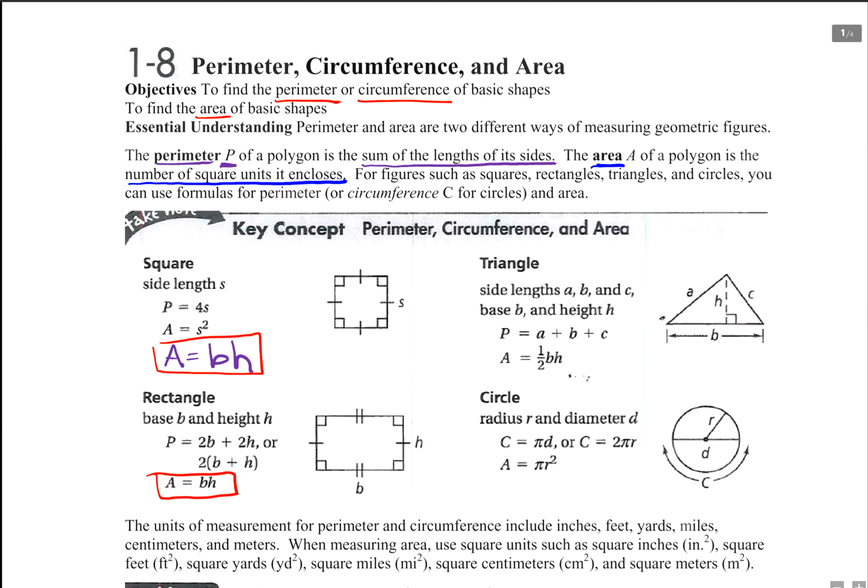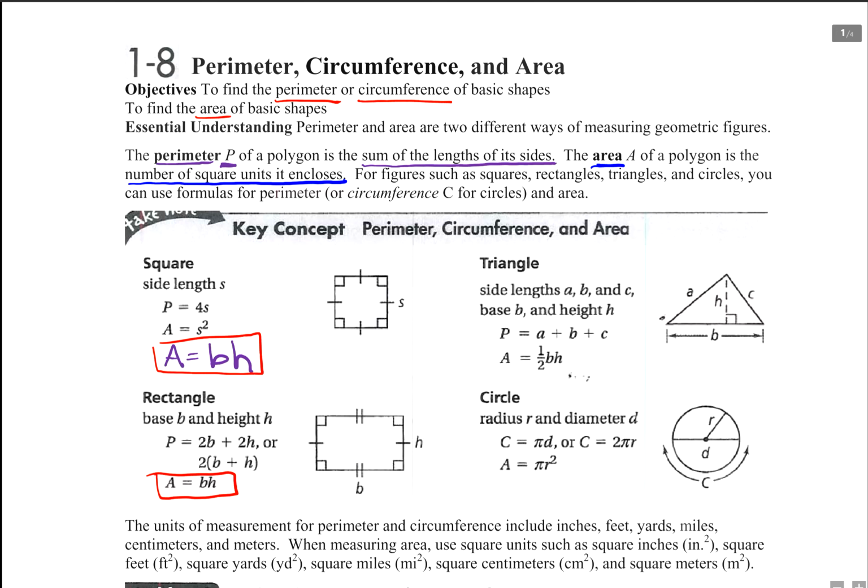And if you look at the rectangle here, there is a special formula for perimeter, because in a rectangle, if we look at our diagram, you see the opposite sides are congruent, and it has 2 pairs of opposite sides that are congruent. So we would do 2 times the height plus 2 times the base. Or again, you can just add up the length of all of the sides. But for any rectangle, and we're going to find out for any parallelogram, we can just do base